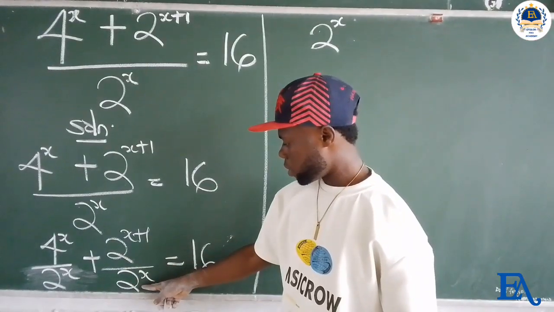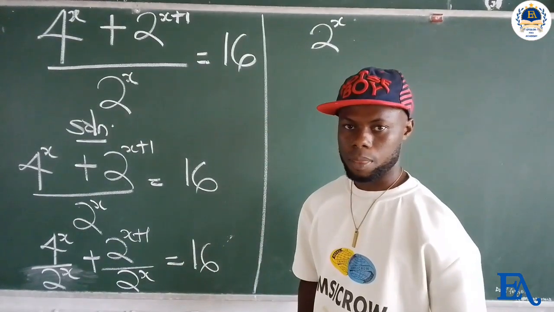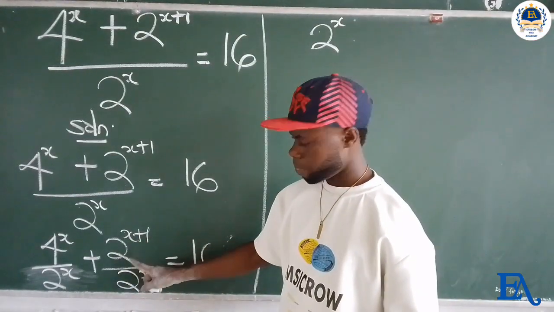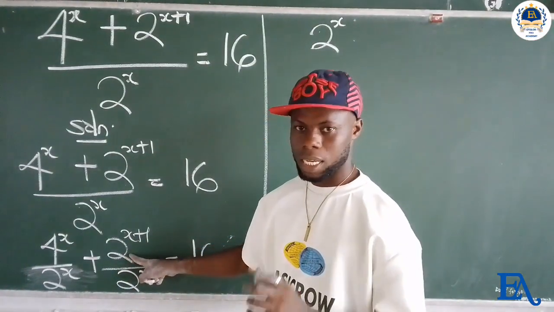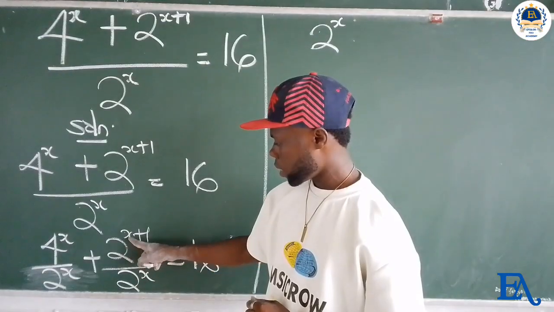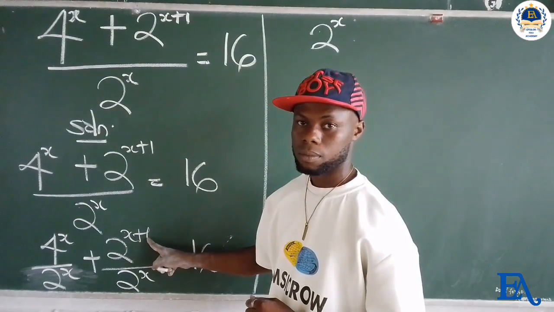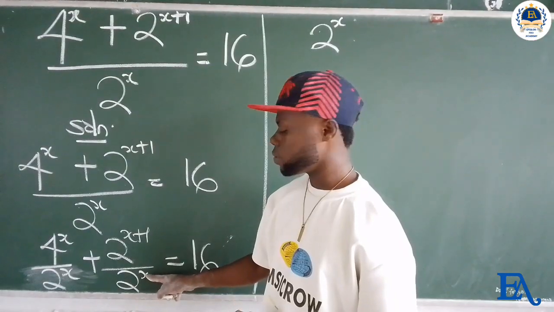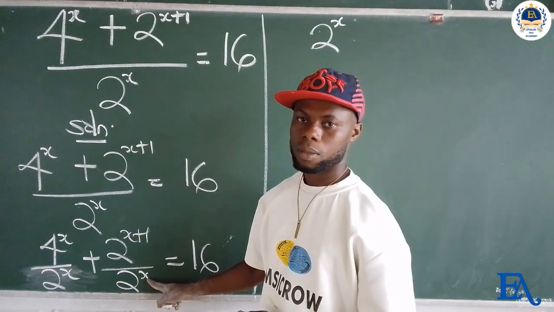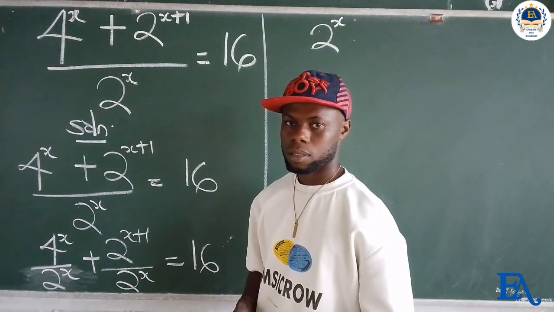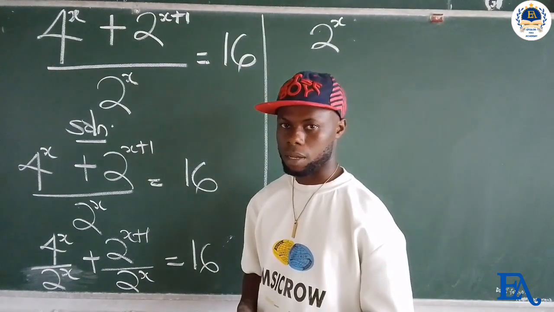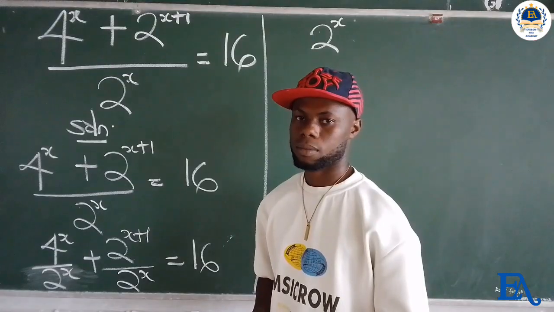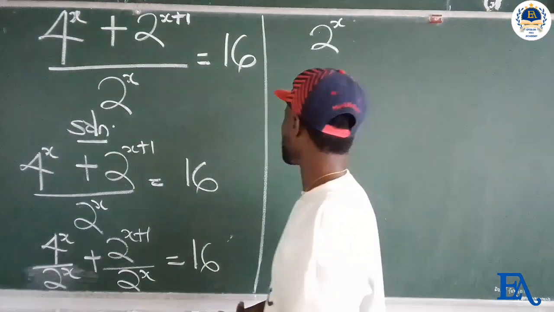But over here, we can't do the same. Reason is because they are not sharing the same power. The numerator has its power as x plus 1, while the denominator has its power as just x alone. We cannot do that. The only thing we can do here is to apply the division law of indices. Division law says that